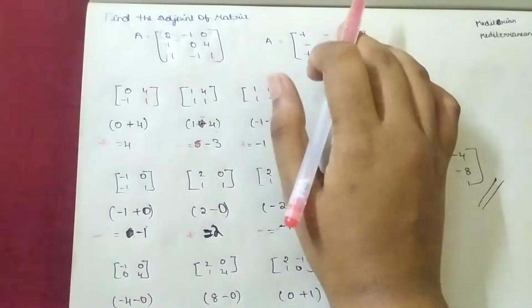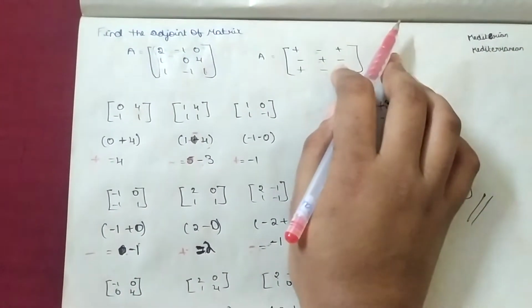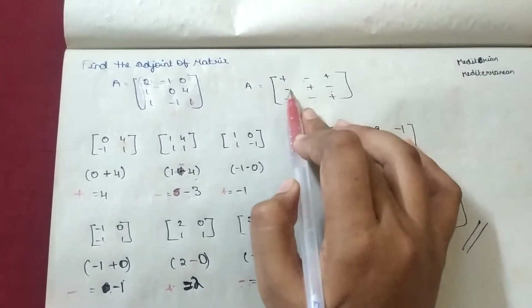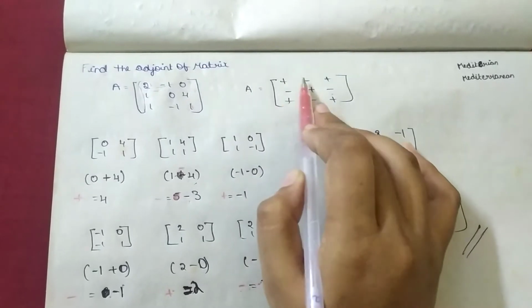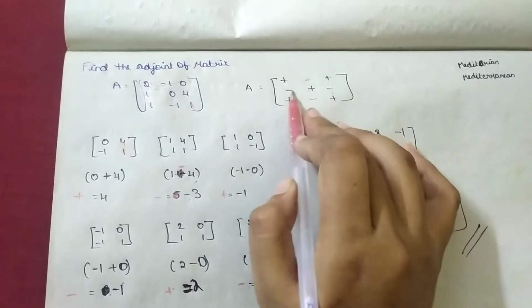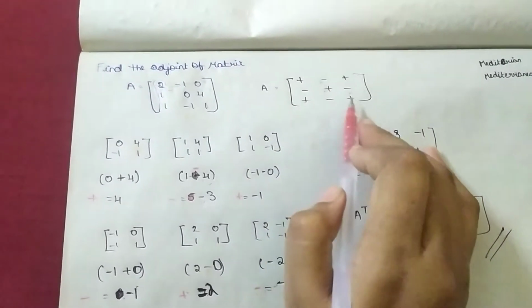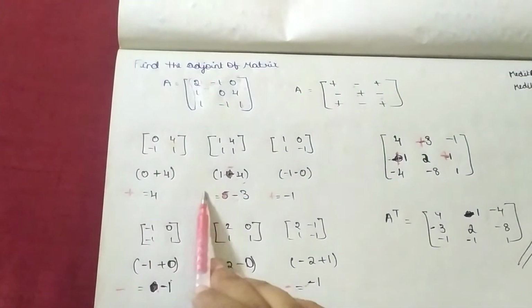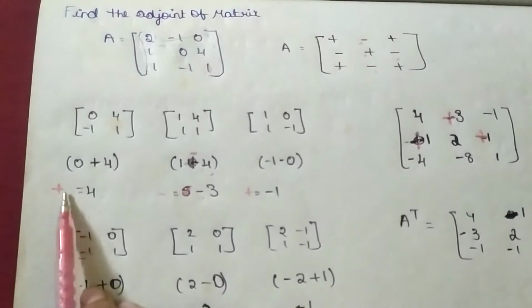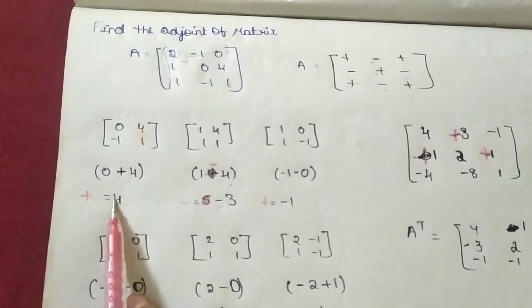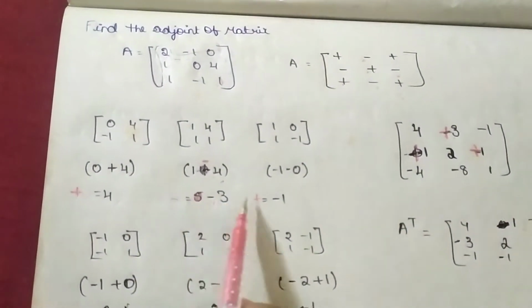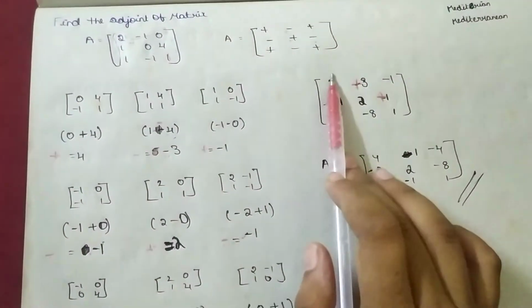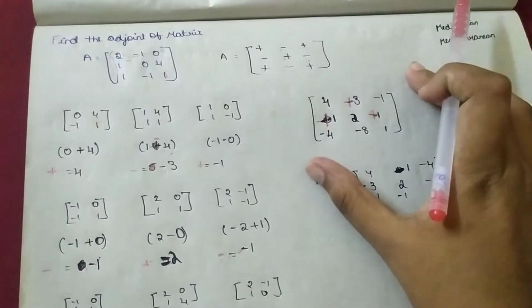So what if we got values? Then we have to multiply with these operators. Okay. Plus, minus, plus, minus, plus. See, first plus, again minus, then plus, minus, plus, minus, plus, minus, plus. So you have to multiply with these values. You have to write the symbols before that. See, I wrote here the symbols before them. These are the answers I got, but I have written those symbols before them so that I can easily write here. Make a matrix. Okay, now I got an answer.